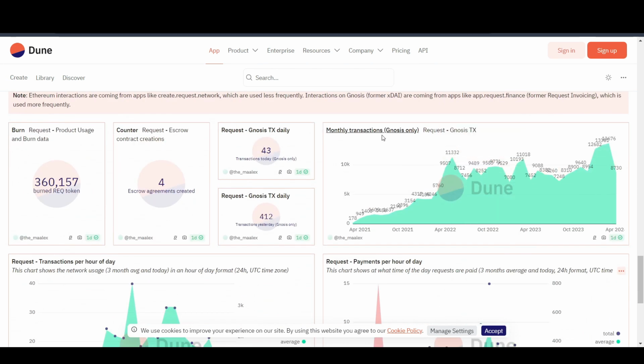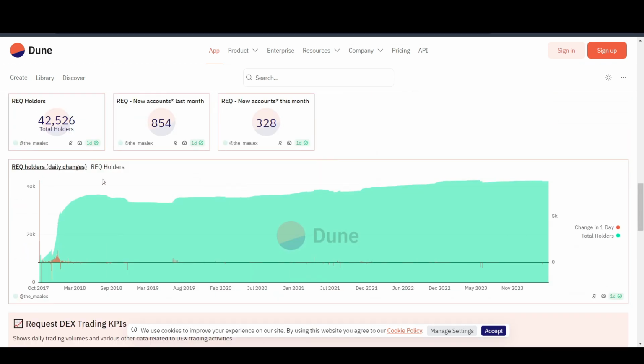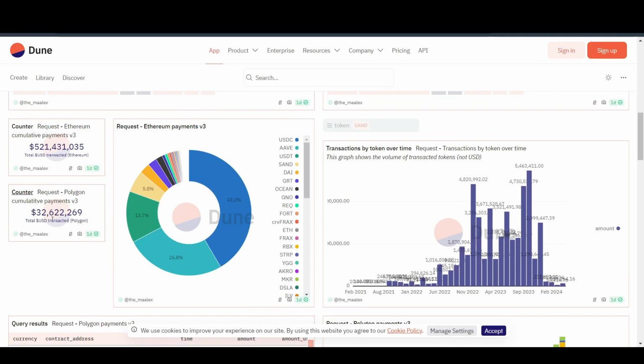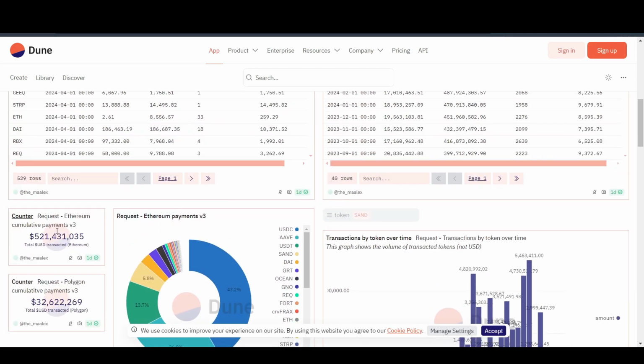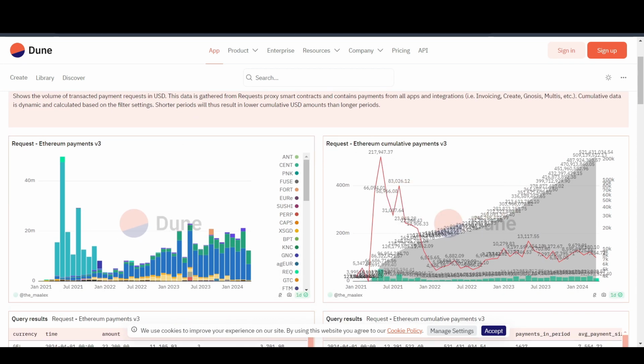If you look here, these are the monthly transactions, or nonces, and they have started to go down, but they did peak in March of 2024, as you can see. Besides that, we don't have that much. We do have a burn amount somewhere here, but nothing much is going on in their stats. There is no crazy demand for the token or anything like that on the stats.